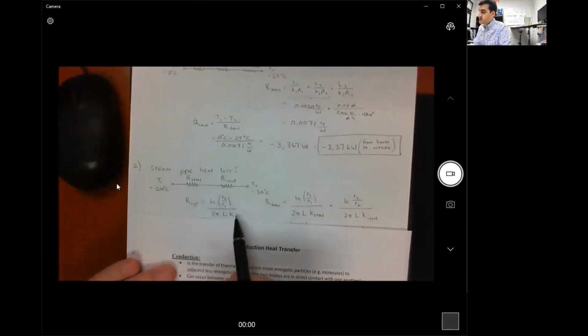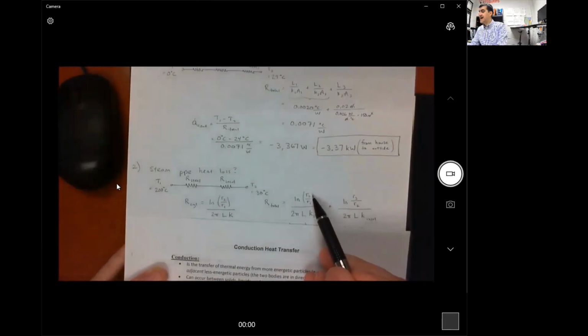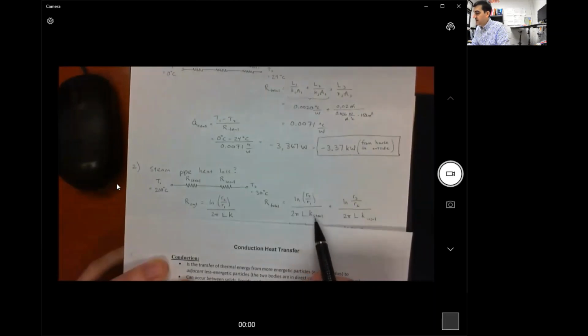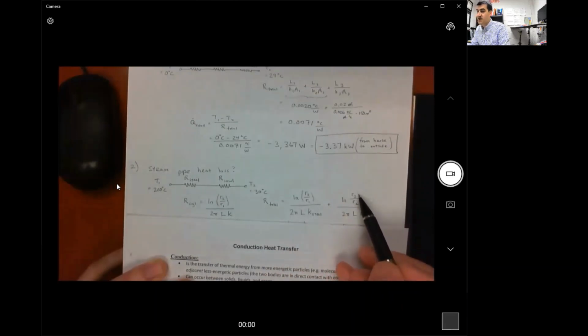So here's our general equation for thermal resistance through a cylinder. R2 is the outside radius of the steel pipe. R1 is the inside radius of the steel pipe. L is the length of the pipe. K is the thermal conductivity of the steel here for resistance 1. And then in our second resistance, we have R3, which is our external radius of the insulation, and R2, which is the internal radius of the insulation. All right, and then L is going to be the same, and then K is going to be the thermal